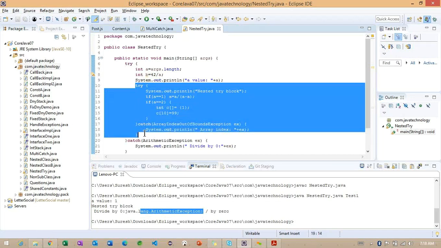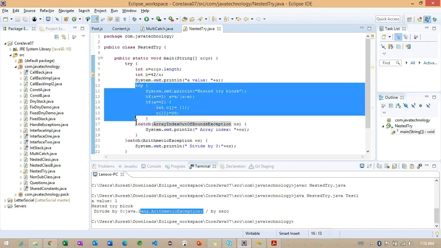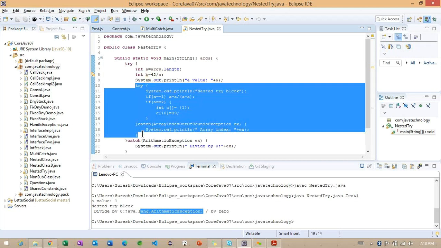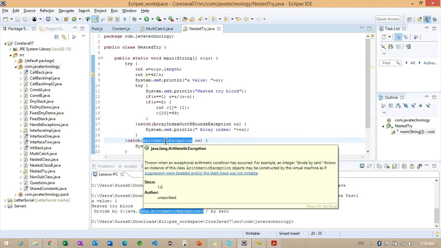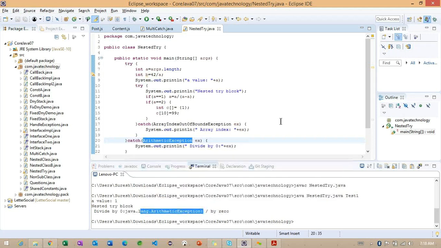So even if you are trying to work with a nested try and catch block, if the appropriate catch block is not available, what is it going to do? It is going to check any outer try block having any catch block related to the same exception which we got in the nested block. Getting the point. So in the nested block, we don't have the appropriate catch block. So in the outer, we are having the same exception. So this is handling right now. This is one of the advantages we are going to get.